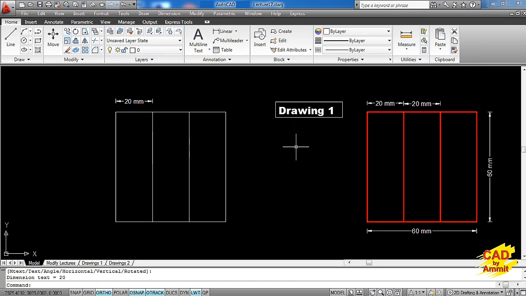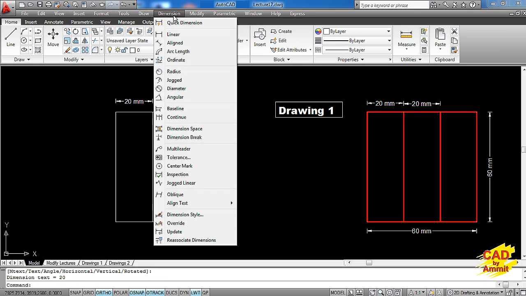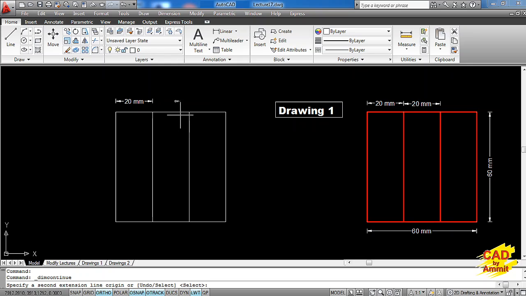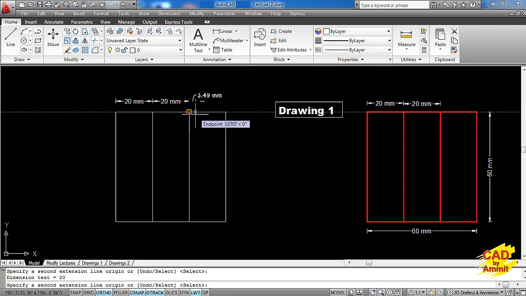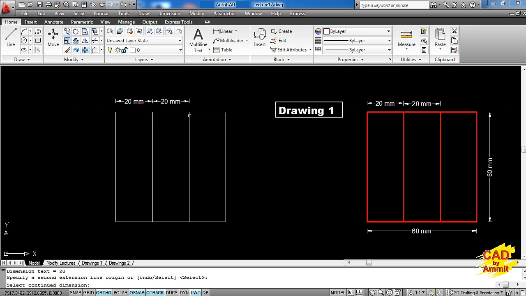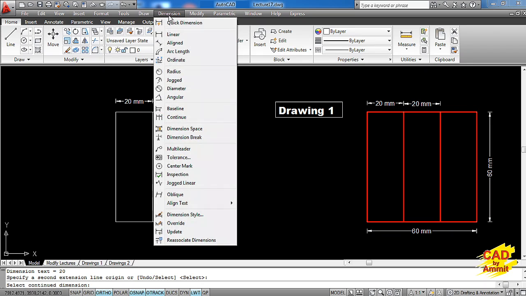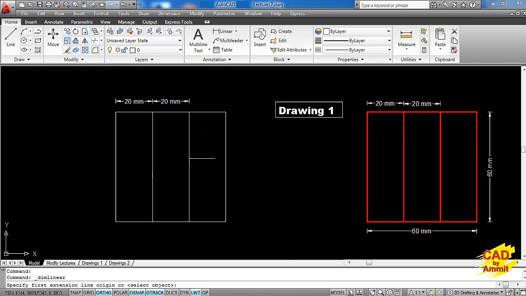Now in case I want to place the dimensions in continuity, we have a very nice option here with the name continue. I'll go for a continue option and just need to select the second point and then press enter. So we get both the dimensions coming up in the same alignment. Now for this vertical dimension, I'll again take the linear option.